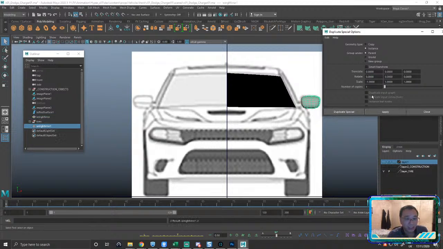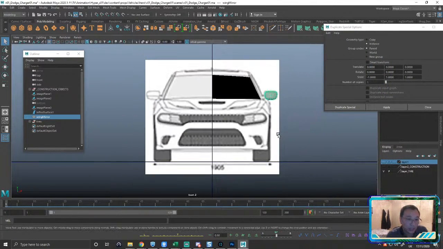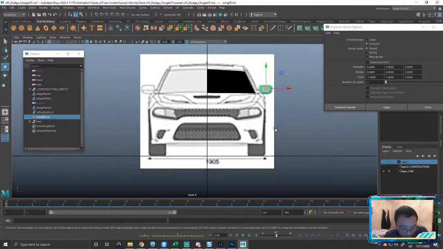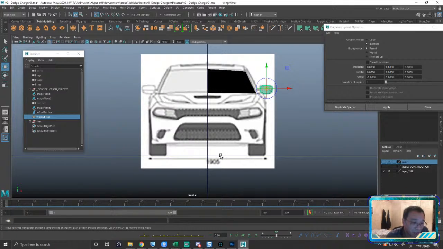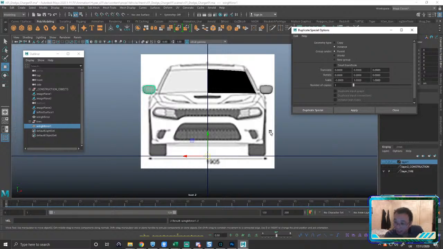When I apply it, oh, and before I do that, I need to take the pivot. So to take the pivot, I'm going to hit the insert key, and I'm going to X middle mouse button, drag it to the center there, hit the insert key again to come out of that, and then I'm going to apply my duplicate special, right? And boom, it goes off to the other side.